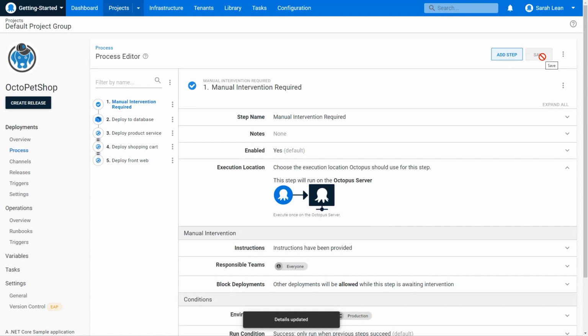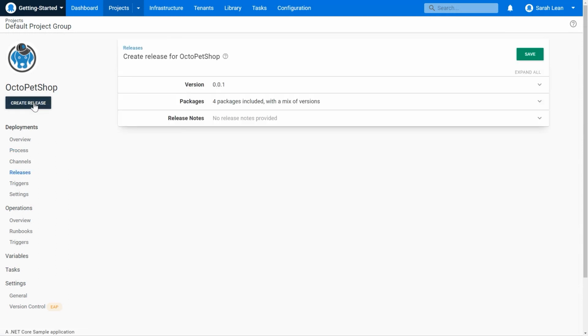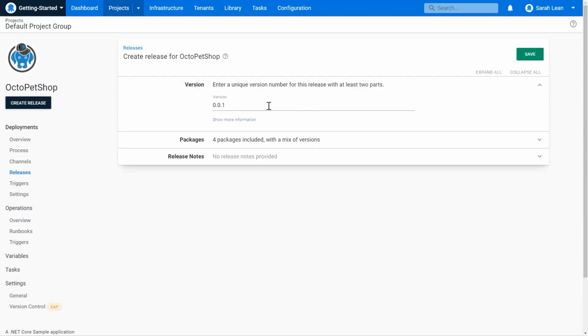We now have our process set up to deploy the Octo Pet Shop application. So what we want to do is create a release. So if we click on Create a Release, what this will start to do is pull in all the information that we've given Octopus and get it ready for deployment. Now you'll see it's given it a version name. And because this is the very first time that I have ran this, it's calling it version 0.0.1, which makes sense for us. You could obviously change this depending on what your needs are if you have a different versioning system, and Octopus will carry on that versioning system for you. The next time you deploy it, it'll be 0.0.2 or whatever you're doing.